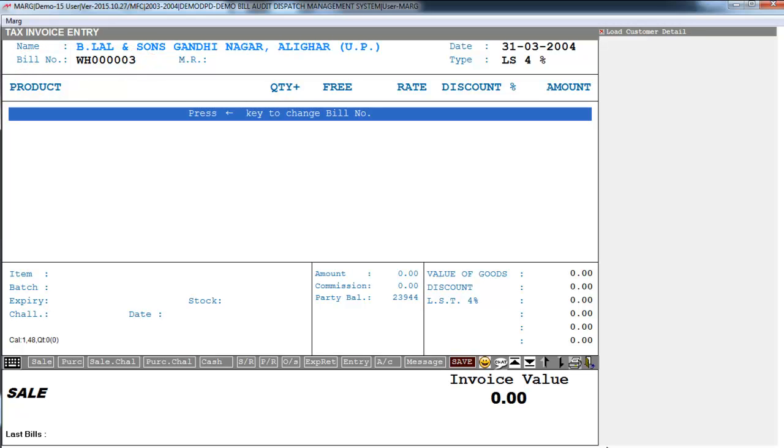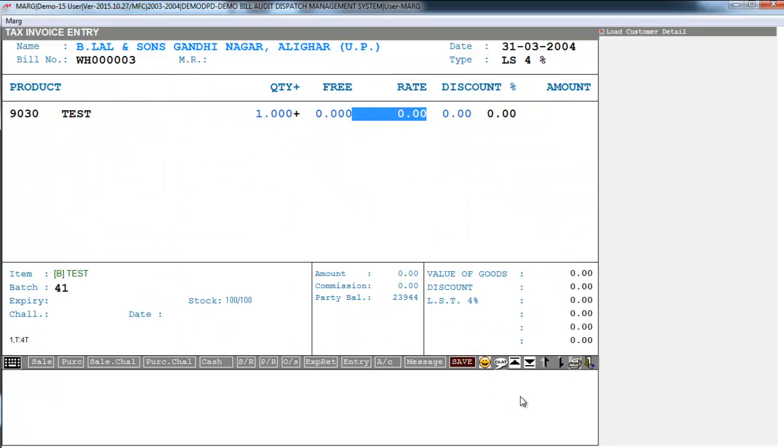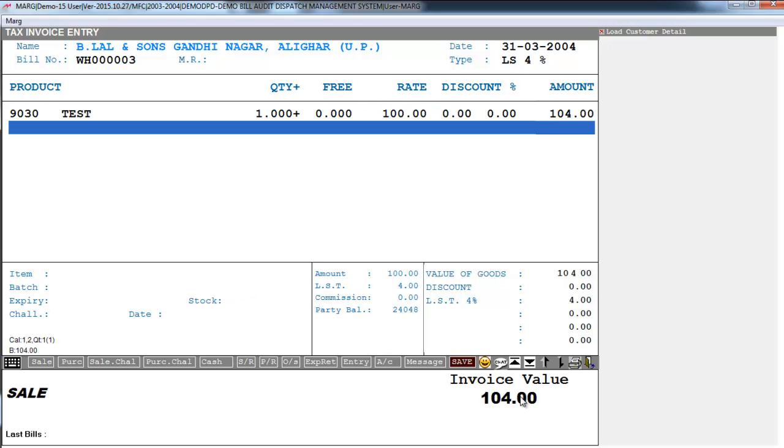Now I'll select an item and sell it for 100 rupees. So you see the total bill amount is 104 rupees because wholesale VAT has been added in the bill. Now we'll save this bill.